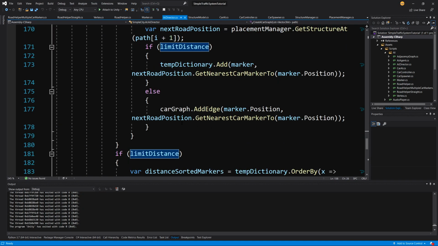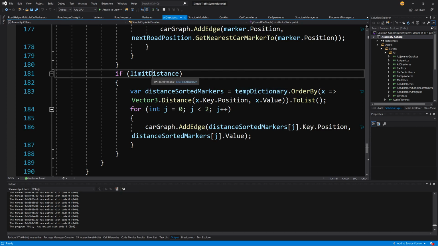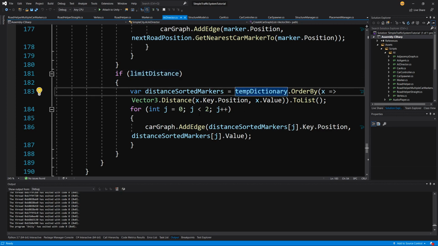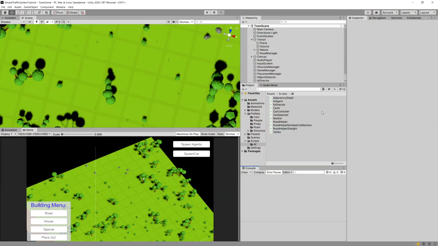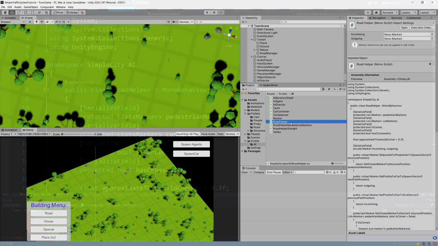Sometimes when we have the last position as the corner, we are not adding any points to our temp dictionary. But here, if limit distance is true, we are always checking the temp dictionary. So what we need to do is add, to limit distance, that our temp dictionary count needs to be greater than 2, or actually greater than 1. Save it, and now let's go back to Unity. And we have one small bug to fix. If we go to our road helper script,